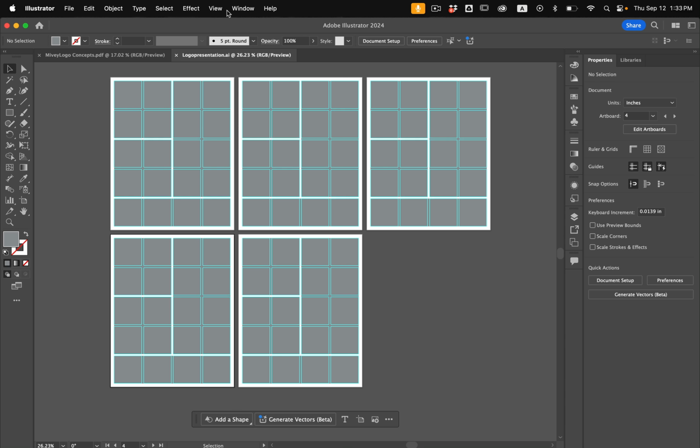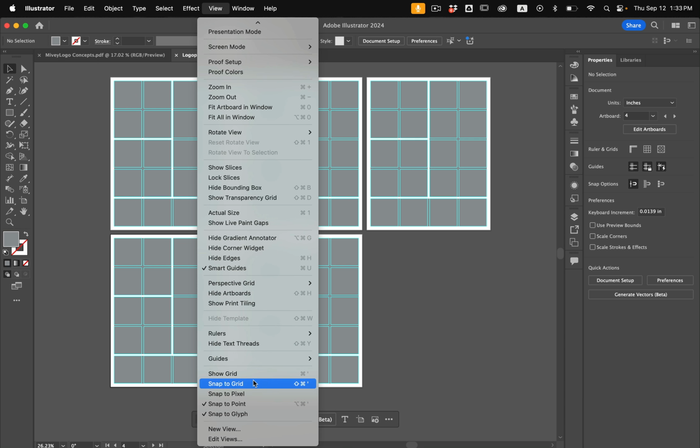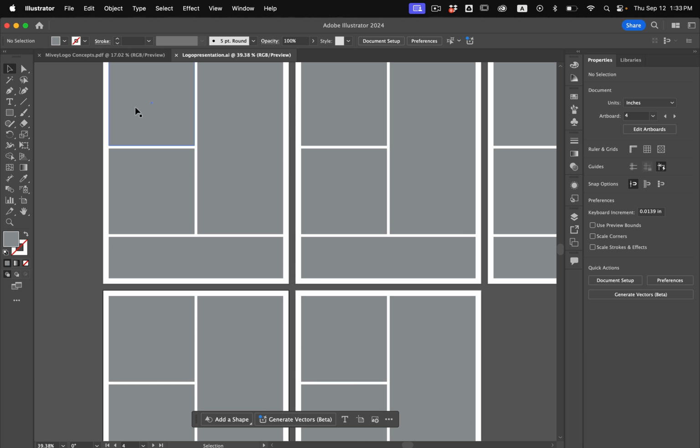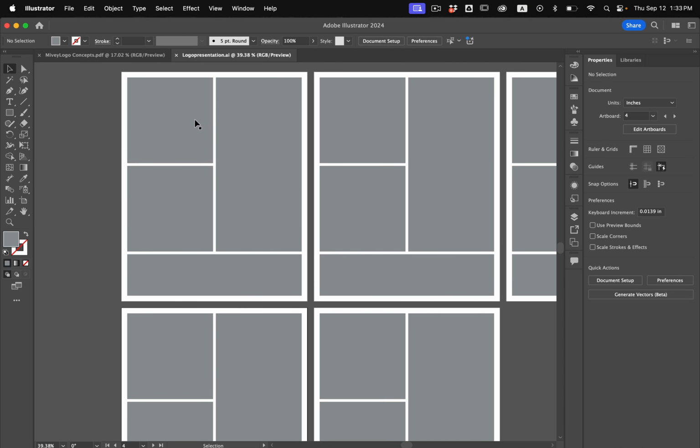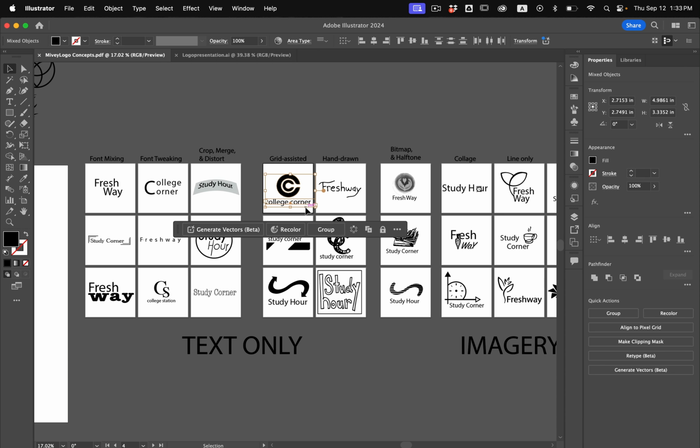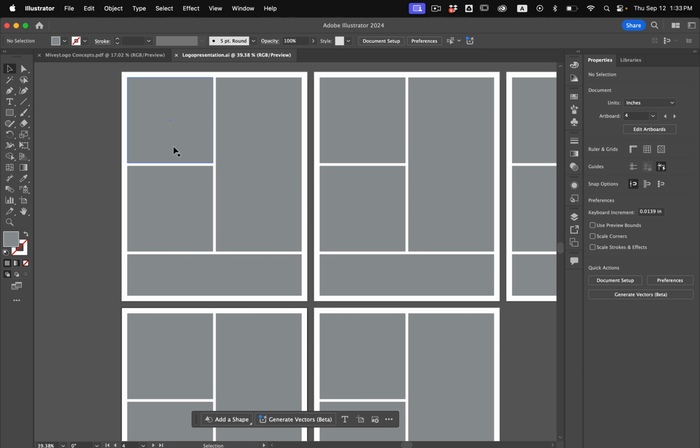All right, with this done, I'm going to go back up to View, down to my guides, and choose to hide my guides because I don't really need to see them. Instead, now I can focus on copying over my 5 favorite logos. In my case, I'm going to put each one in the same spot for each artboard. So going over to my logo concepts, I'm going to select one, Command-C to copy it,